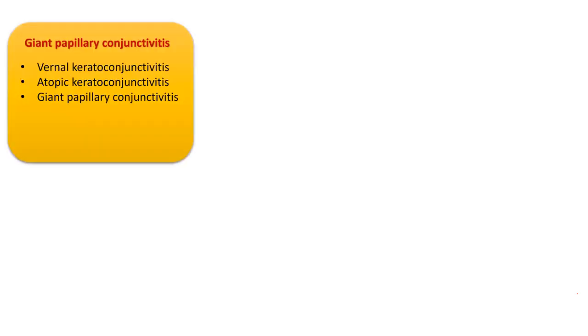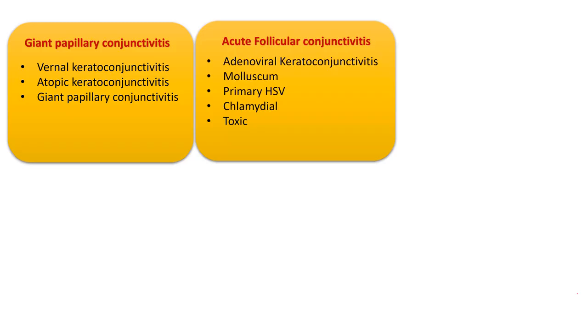Finally, some other important differential diagnoses that I'm going to share with you now, so that if you are presenting in the exam or a real case, you know how to think of a case of conjunctivitis. If you have a patient with large papillae, more than 1 millimeter, you consider giant papillary conjunctivitis, like vernal keratoconjunctivitis, atopic keratoconjunctivitis, or giant papillary conjunctivitis. If you have a patient with acute follicular conjunctivitis, you consider adenoviral keratoconjunctivitis, molluscum contagiosum, primary herpes simplex, chlamydia,